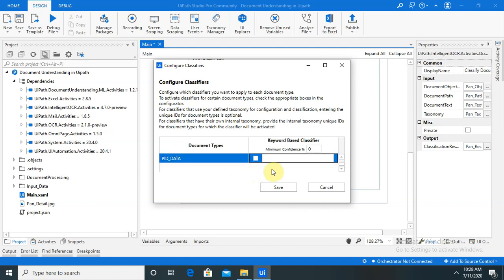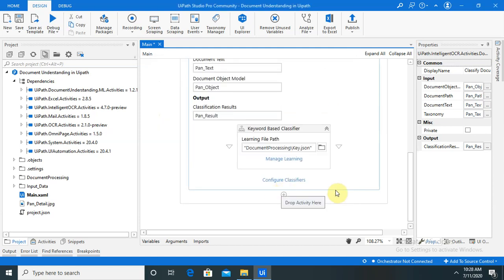Save this and click on configure path. So here, as you have seen, minimum confidence. If you are not confident about your specific data, then you can keep it as 0. But if you want to validate your content, like if the data does not have more than 60% validation, then it will reject in this step, and if it satisfies the condition, then only it will proceed further. So now we are keeping it as 0 and click on save.